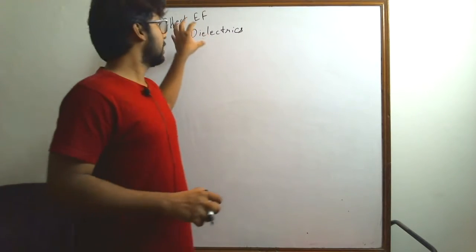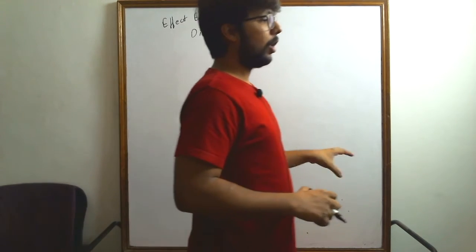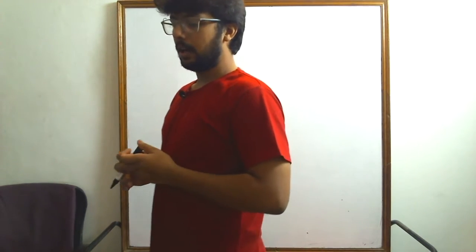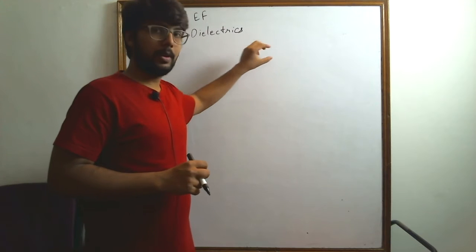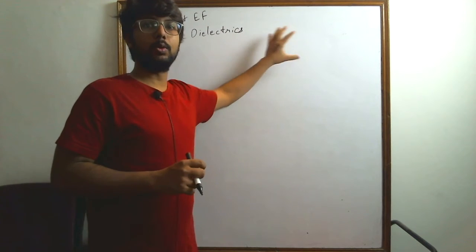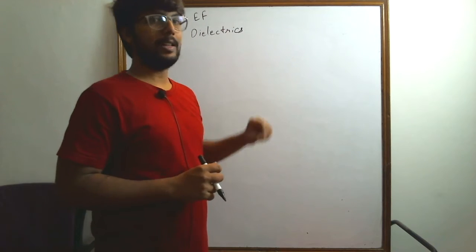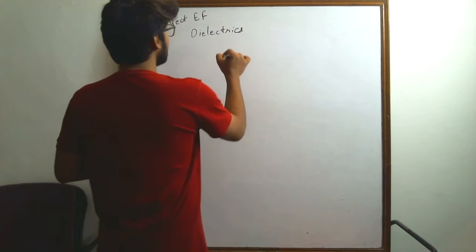So dielectrics are materials which do not have free charge particles which can move around easily. So they do not create an internal electric field exactly the same as conductors. But what they do have is their